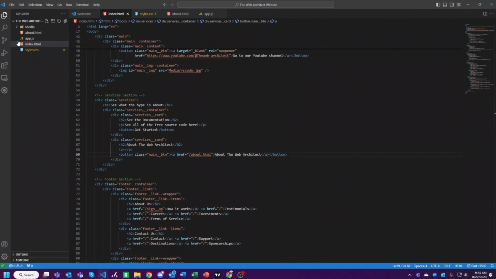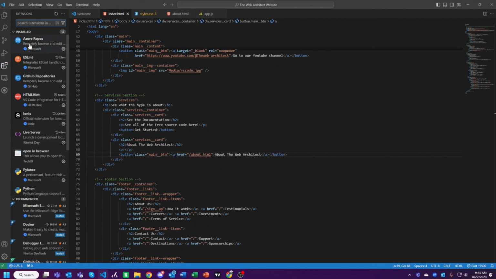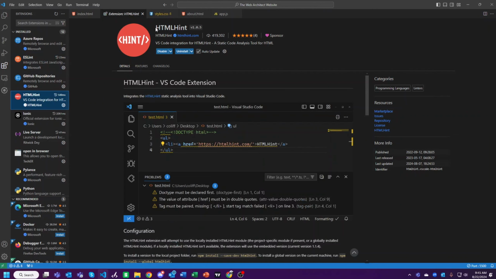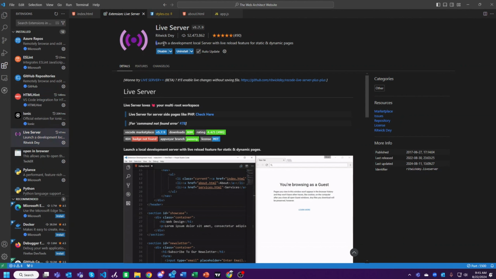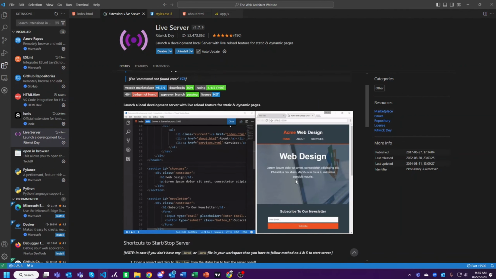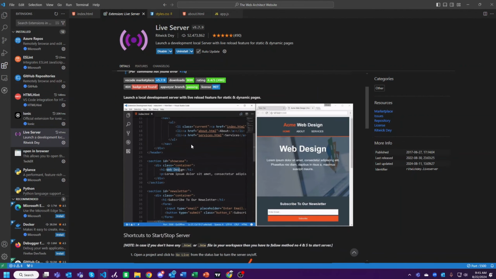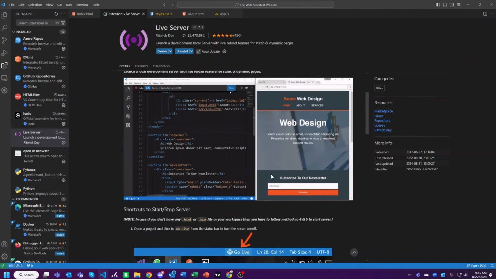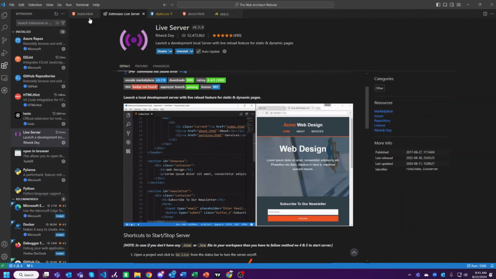Now let's move into Visual Studio Code for installing all our extensions. As you can see, I already have some code open, but let's go over to extensions. The extensions I suggest are ESLint and HTMLHint, which are for your coding. Of course, these are in the description. And then something I like is Live Server. Live Server lets you launch all your websites into your browser. This only works for HTML, CSS, and JavaScript. I don't think it works for others, but it definitely helps for stuff like live reloading. So once you have all these three extensions turned on,